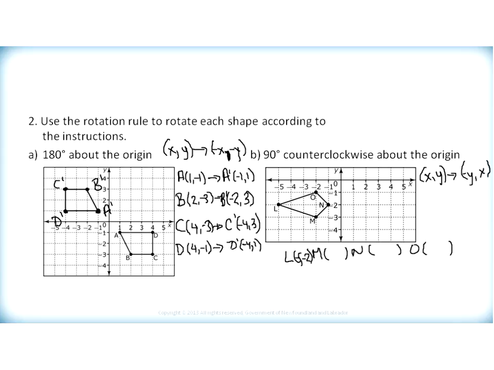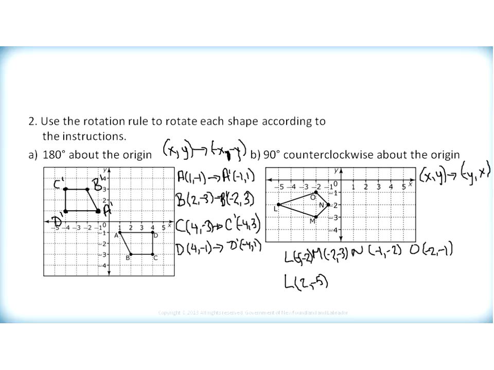M is the point -2, -3. N is the point -1, -2. And O is the point -2, -1. So my new points, L is going to become